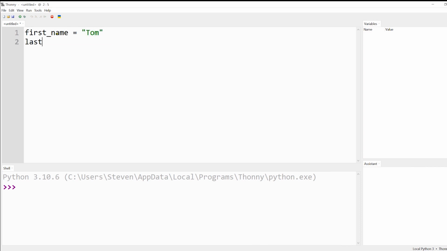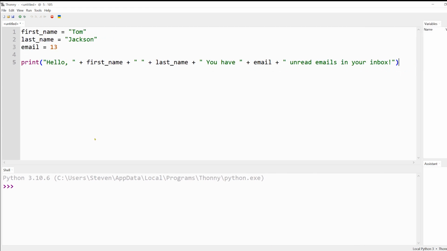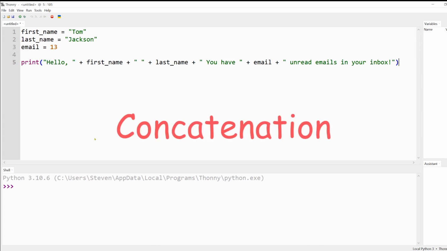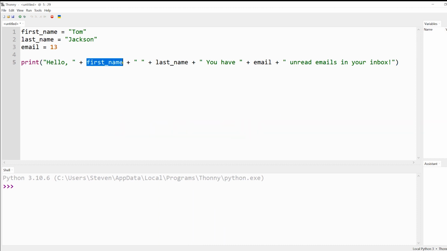So we've covered strings very briefly in the variables and data types section, and we use the addition operator to add two variables together that contain strings. But there is a specific name for this process, and it's called string concatenation. Take the following sentence. Here we're using the addition operators to piece together a sentence using three variables which are